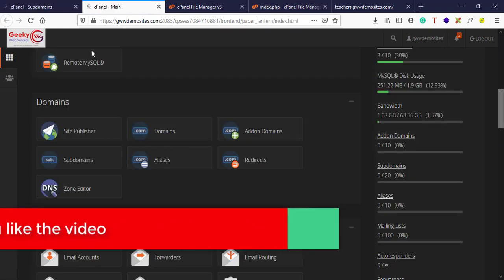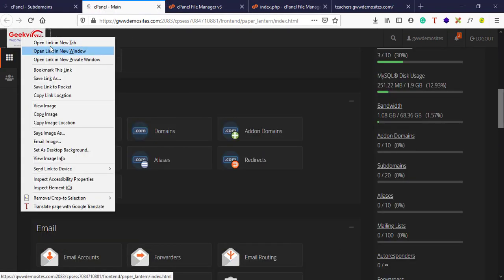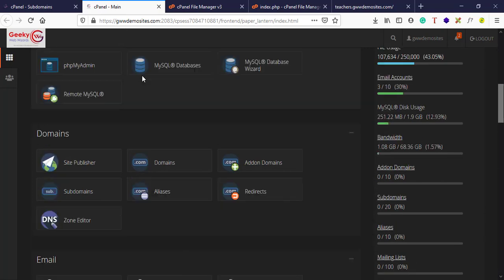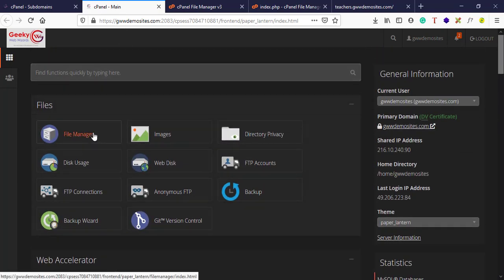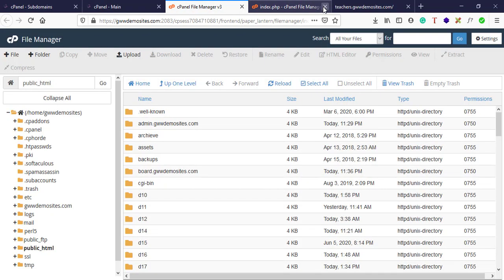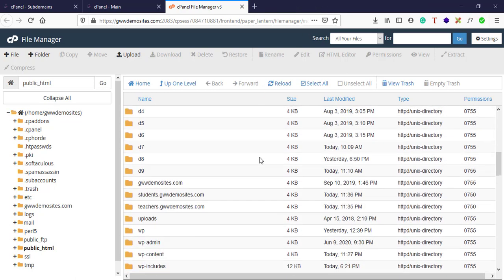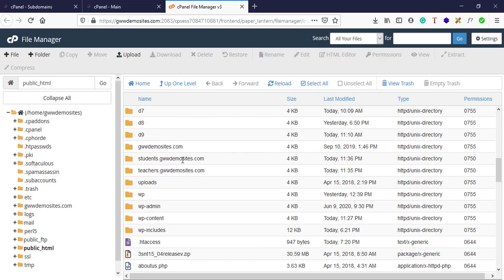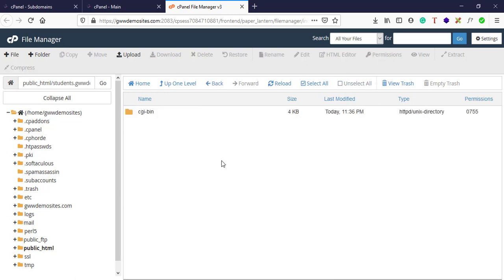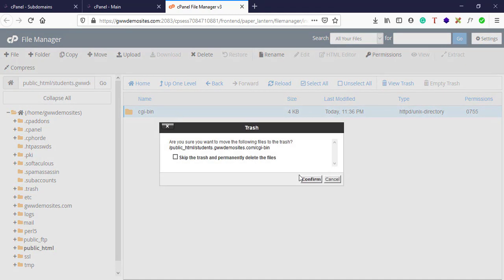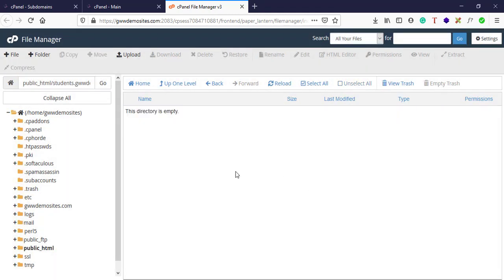Go back to my file manager. Select students.gwww.demosites.com, and here I will host a static website. It's not complicated at all.